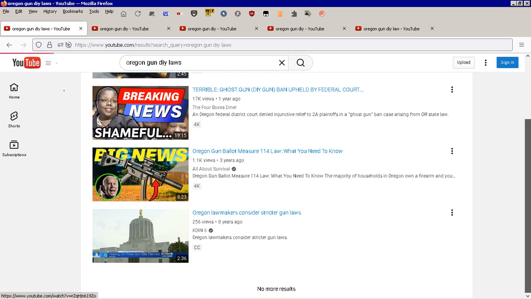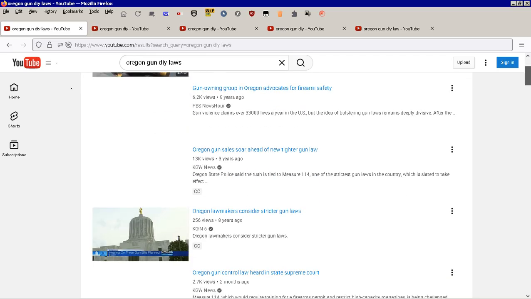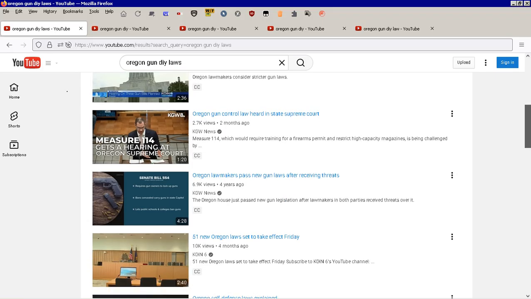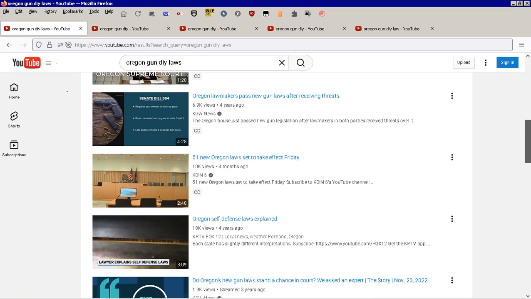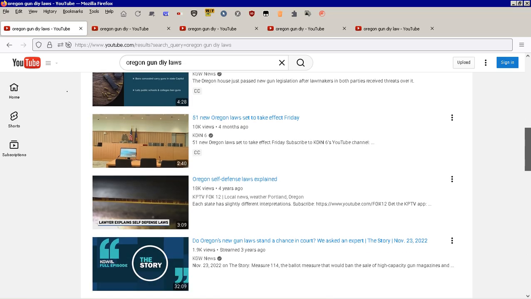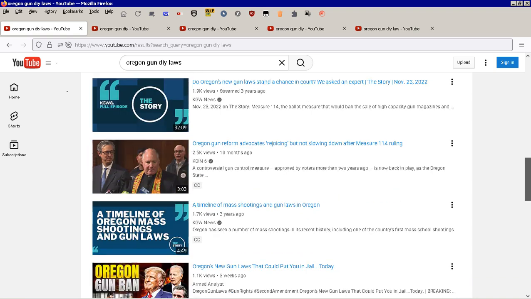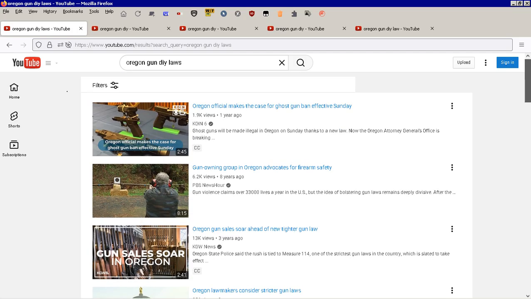Now, if I don't put in a time and date stamp filter, do I get anything recent? It's even more haphazard, and YouTube and Google feel free to organize it by whatever methodology they want, but you can find it. But it won't let you tell it, I want you to sort it by the latest news, because you can't do that. This has nothing to do with Oregon DIY gun laws or Oregon DIY builds of guns or whatever.